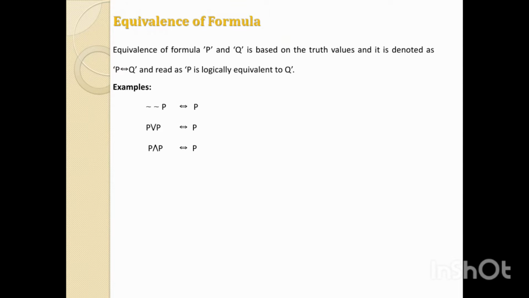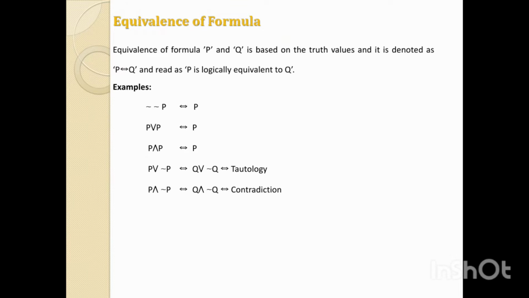Same, the truth values of P or not P, or Q or not Q, mean that if we find out the truth values of the variable or its negation, then all these values are always true. That's why we have denoted that P or not P is logically equivalent to Q or not Q, and they are tautologies. P and not P is logically equivalent to Q and not Q because for both all the truth values are always false.